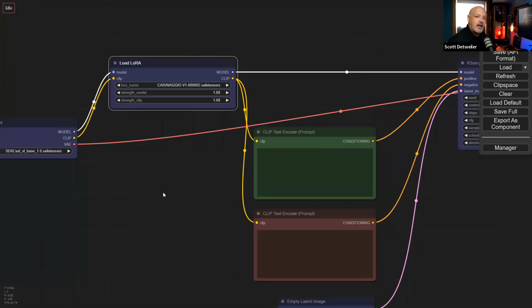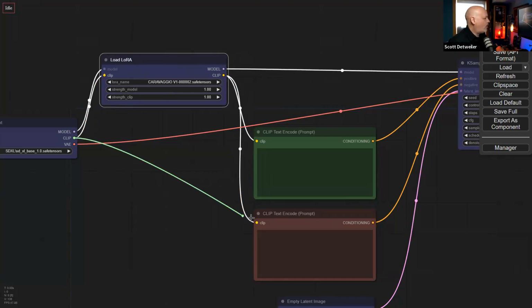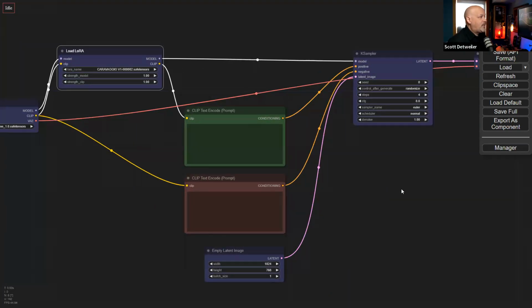If you want to do something like in Automatic 1111, where you see the prompt is more important, or the LoRa is more important, or ControlNet's more important, you can do that in here as well by simply ignoring, let's say, for example, we don't even put the negative through the LoRa. We only put the positive through the LoRa. So we can do different little things like this and nuance how the whole thing connects together, which is pretty interesting to me. And that's basically how this works.